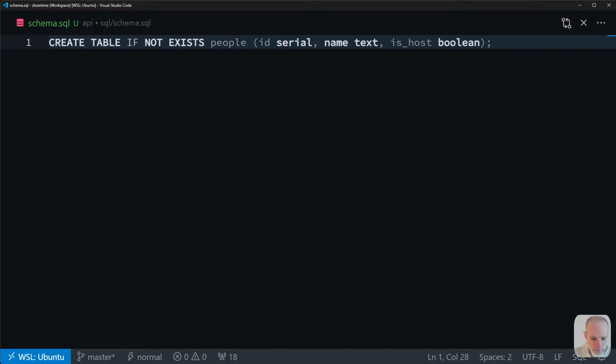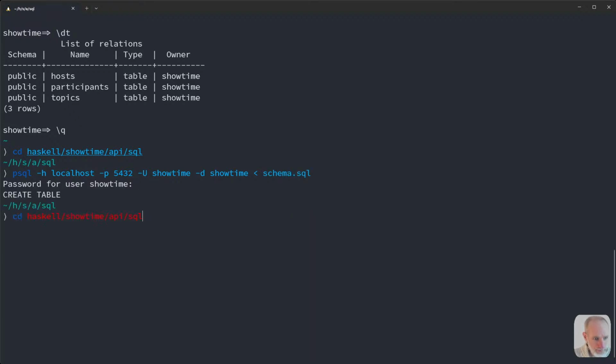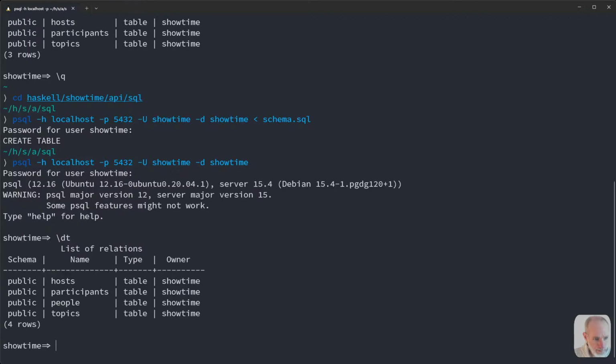Okay, and then if I find a terminal, what I hope I can do is go to Haskell showtime API SQL, and in my PSQL I can just pipe in schema, I hope, create a table, and I now have a table called people,